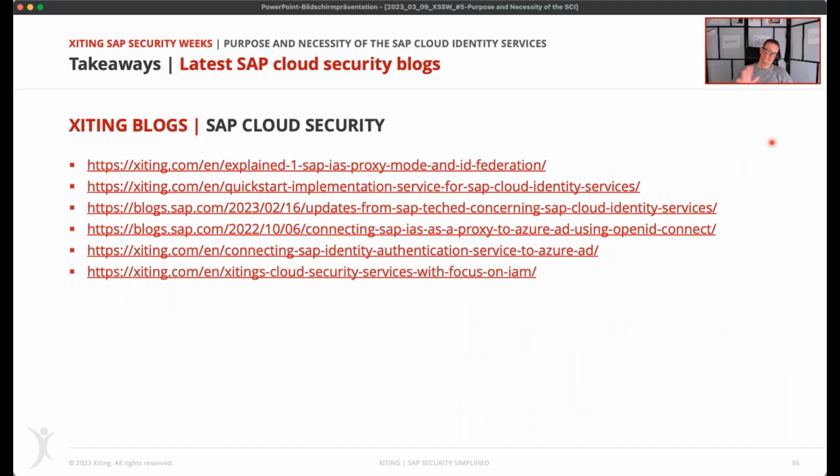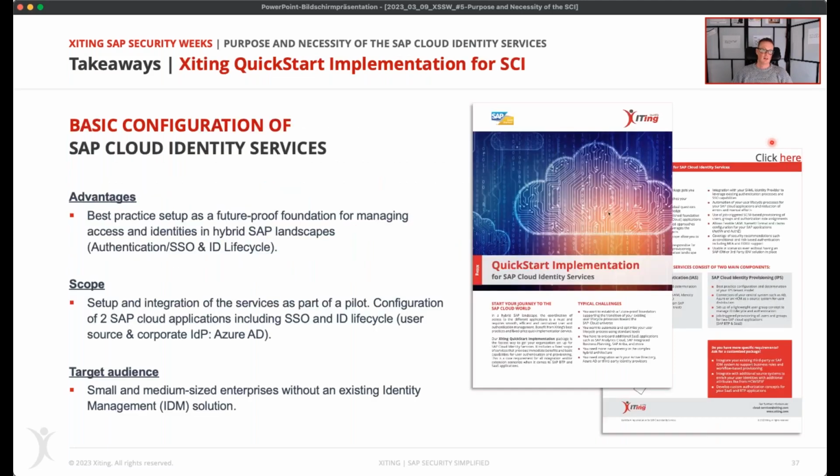In addition, I've prepared a collection of the latest exciting SAP Cloud Security blogs. You can have a quick overview here and get some more details if you want. Also, we have our new service, the SAP Quick Start implementation for the SAP Cloud Identity Services.